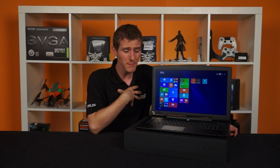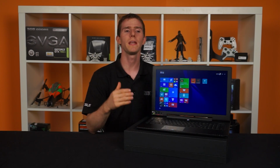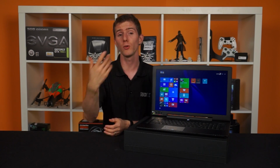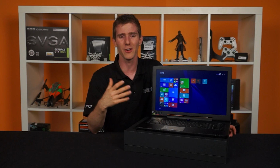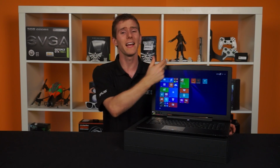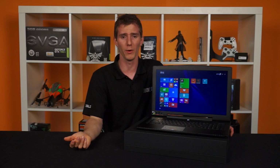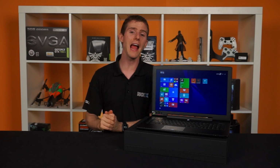Personally, I don't mind it because especially for a mobile GPU, even if you've got two of them, you want to be able to turn up your details. You can use dynamic super resolution to get a little bit more image quality out of it, but you're not going to be running things at 4K or even 3K very often as new games roll out, so I don't mind the slightly lower resolution on a notebook. Above the screen, you've got a 1 megapixel webcam, so the least exceptional thing ever,